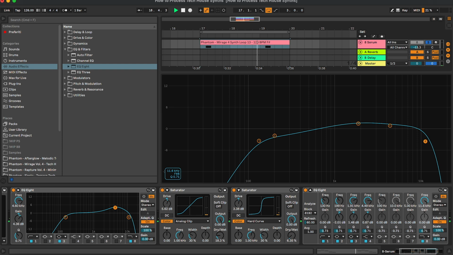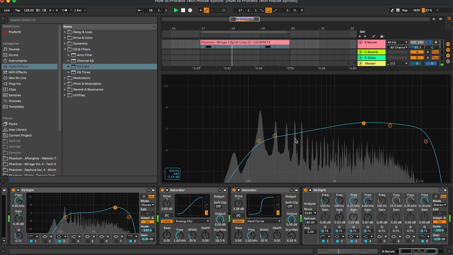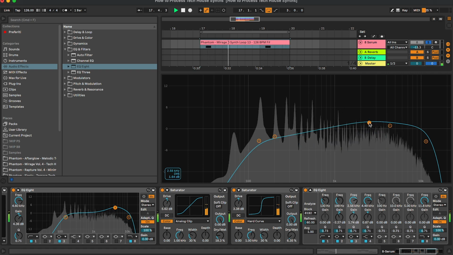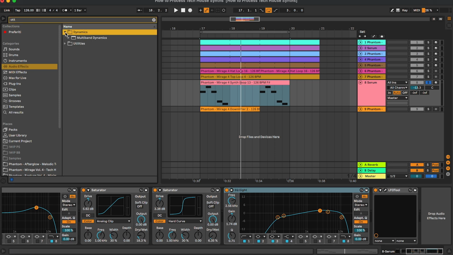Still closing the very top. Okay, that's the EQ. Now we are gonna add the OTT, and what it is, it's basically a preset here